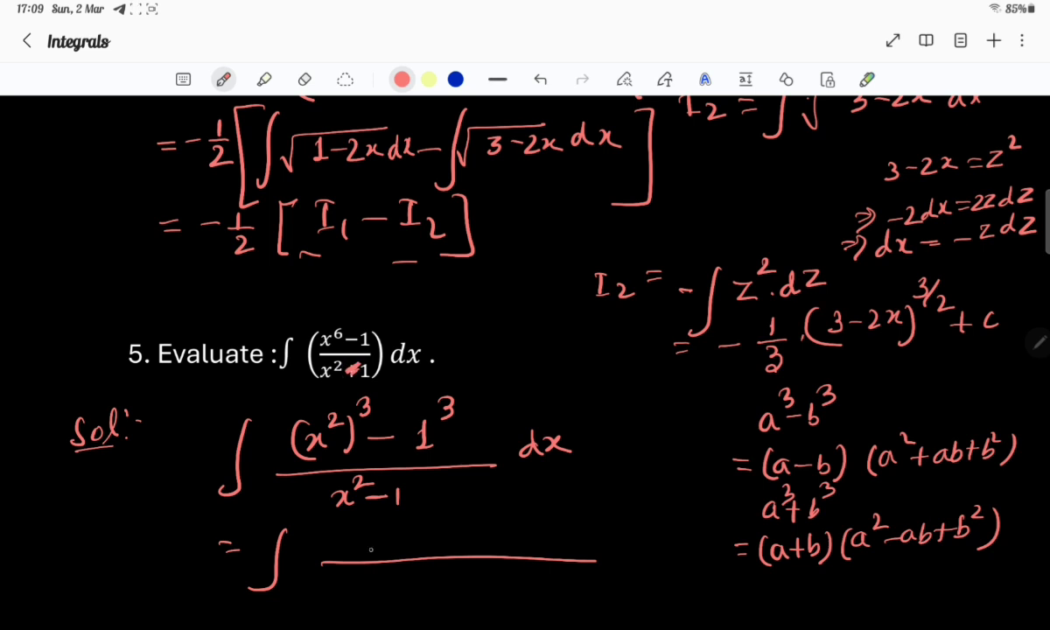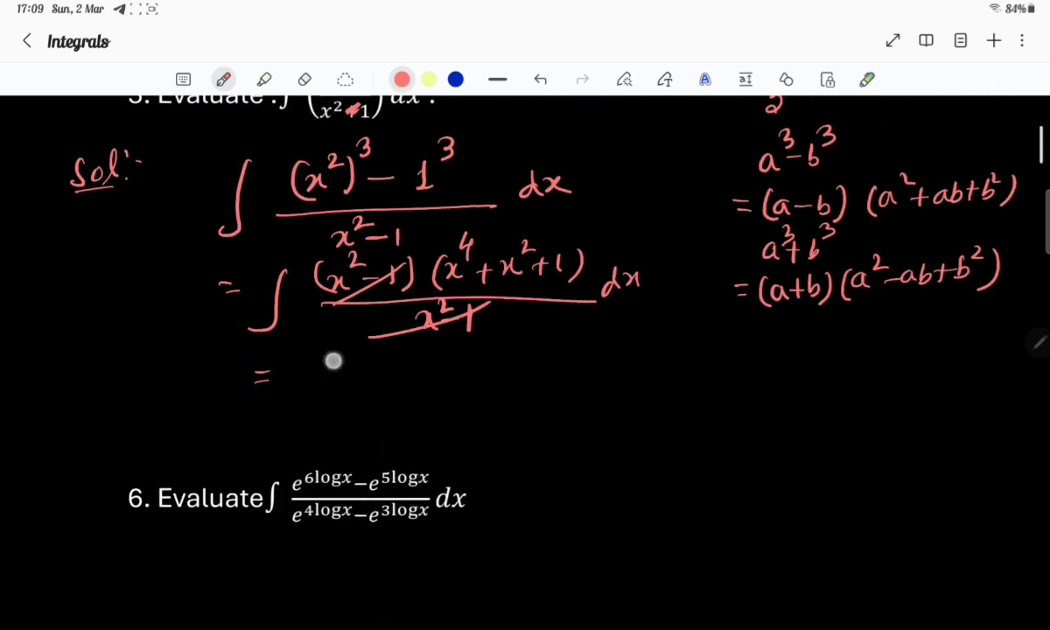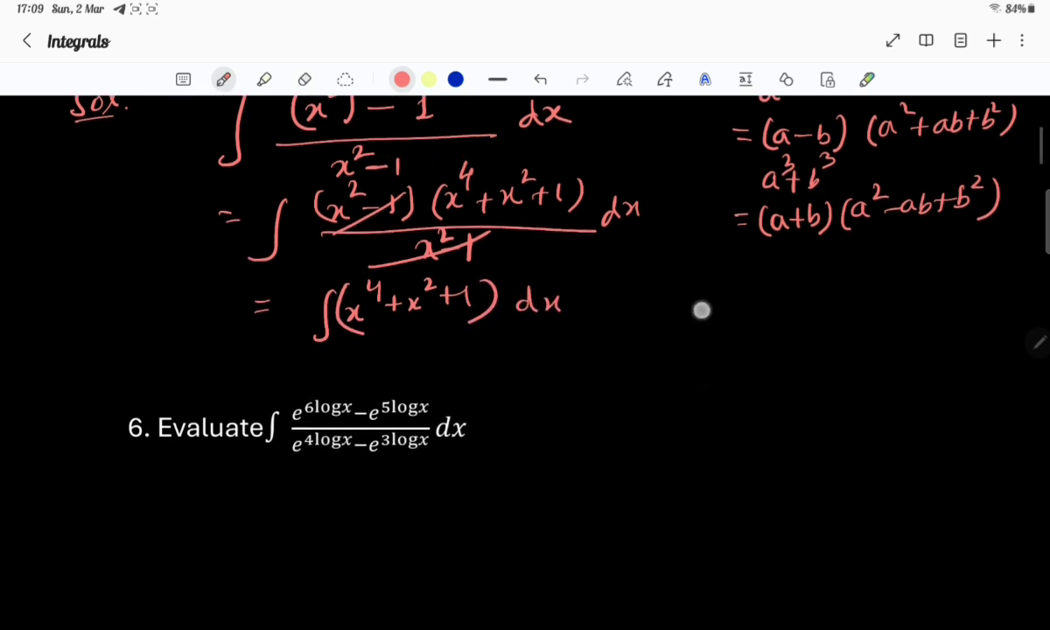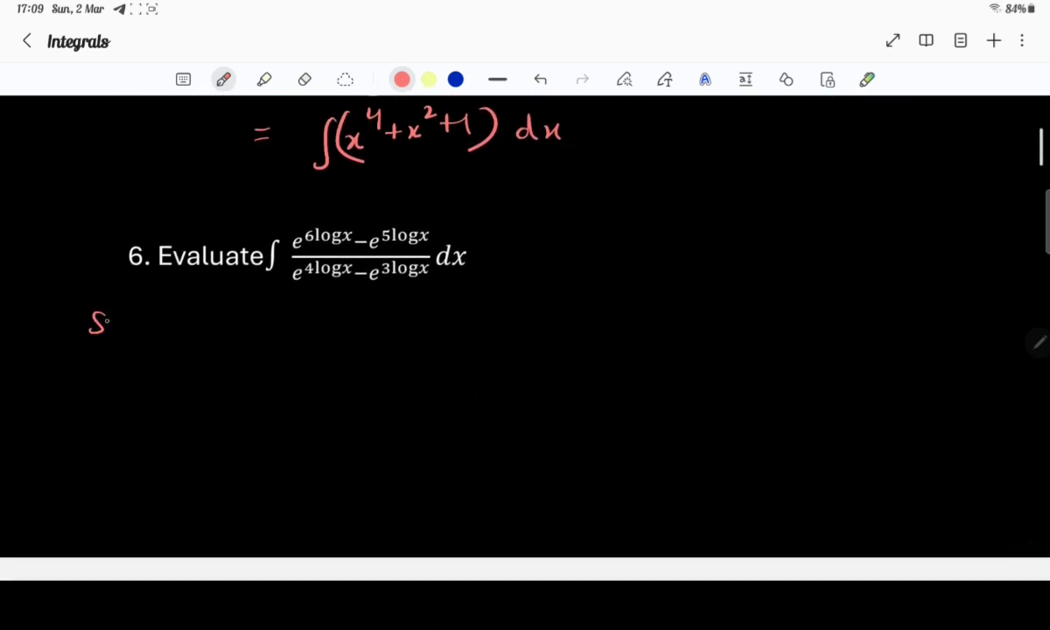ইট ইজ মাইনাস। তাহলে আমরা যদি ফ্যাক্টরে ভাঙি a³ - b³, ইট উইল কাম (x² - 1) ইন্টু (x⁴ + x² + 1), বা x² - 1 dx। দেখ x² - 1 এই ফ্যাক্টরটা কেটে গেল, কেটে গিয়ে কী হলো, ইট ইস কামিং ইন্টিগ্রেশন (x⁴ + x² + 1) dx। করে নিবি বাড়িতে।